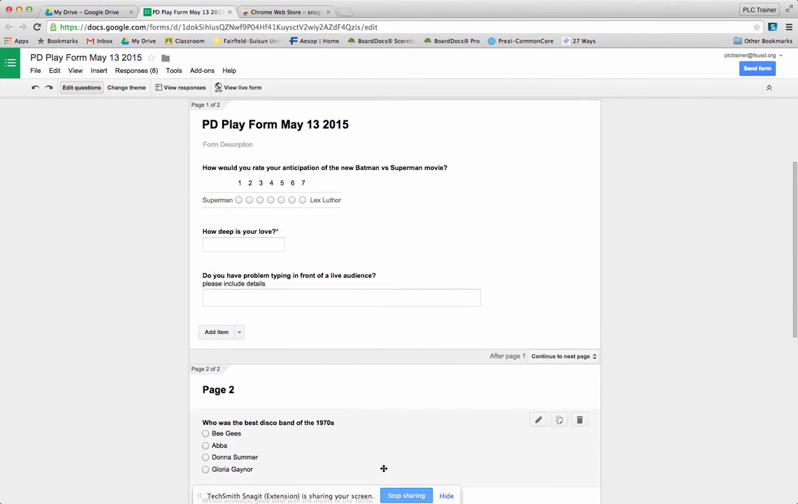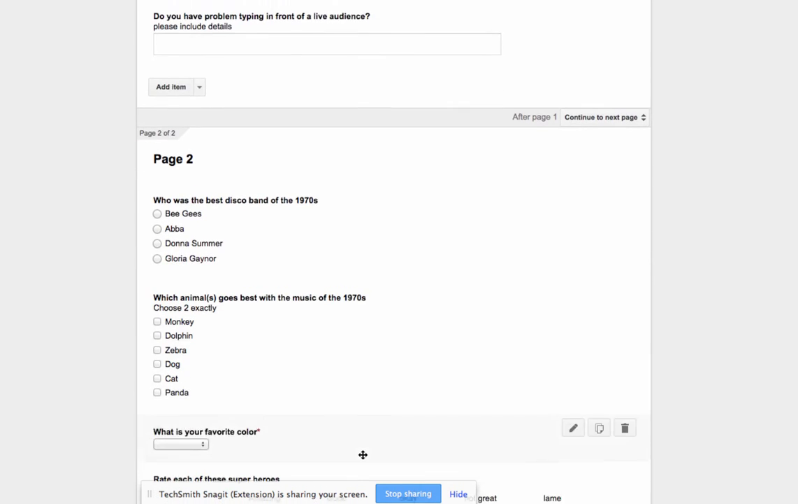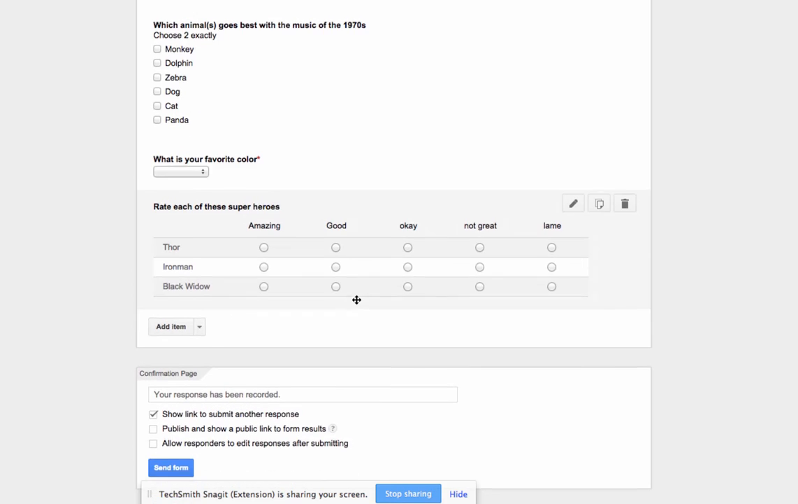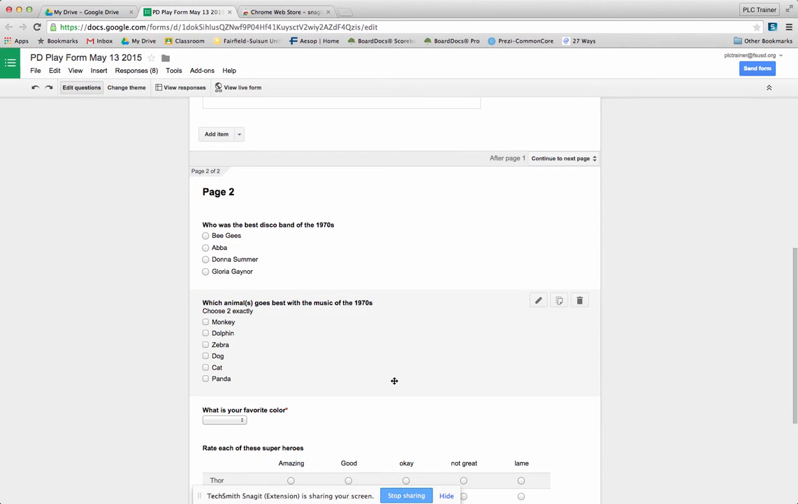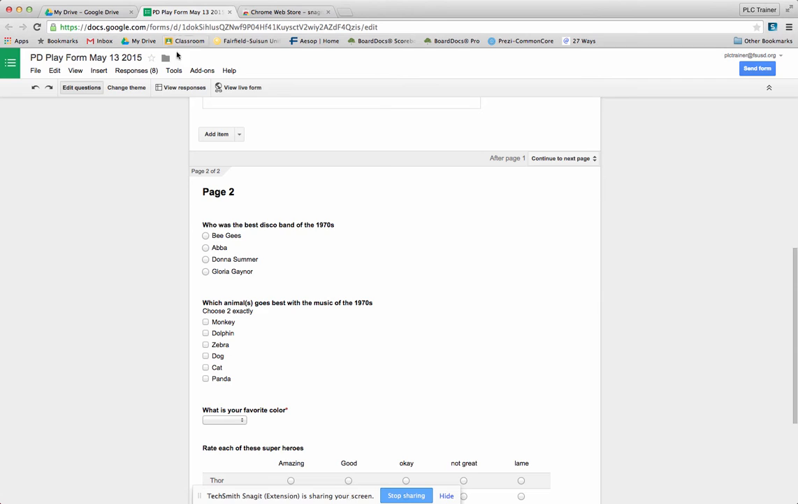Now, down at the bottom, you'll see it says TechSmith SnagIt Extension is sharing your screen. That's the way it says I'm recording now. This ribbon will not be recorded. So you can scroll through, talk, click on stuff, whatever you need to do. You can even switch tabs and you should be okay. It should be in the recording. When you're ready to stop, you just click Stop Sharing,